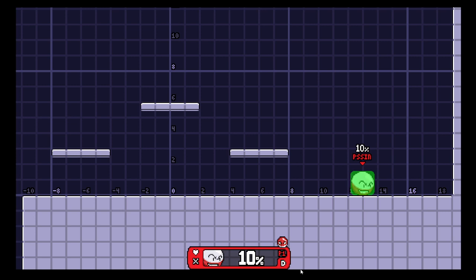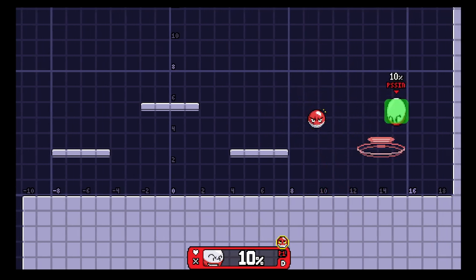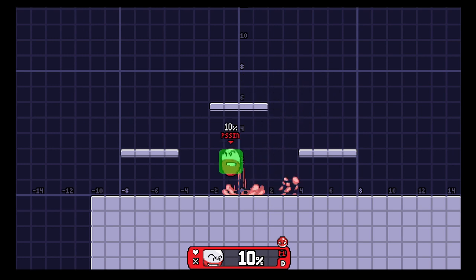And then down B is Magnetic Flux, which I have to have Voltorb out for it to really do anything important. This is really handy for recovering. And they give a good scenario of it where it kills momentum. Which can be good for...